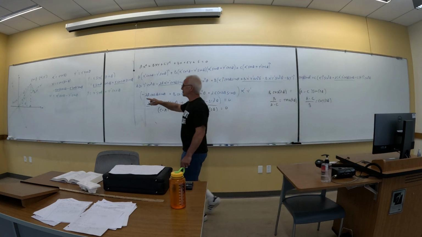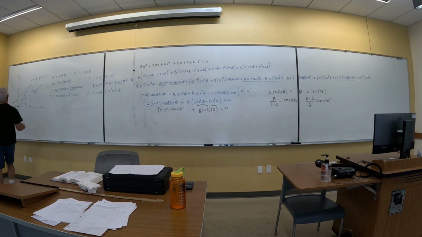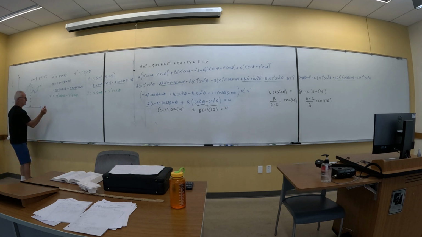When I do a rotation of axes, the most phi could be would be 90 degrees. Because if I rotated 90 degrees, I really didn't rotate at all. I just kind of swapped x and y. If I take a parabola and I turn it on its side, don't I just write that now as x equals y squared? If I took the ellipse that opens vertically and turn it on its side, now you guys understand that that's not really a rotation of axes. So we'd say the most phi can be, I'll use degrees,